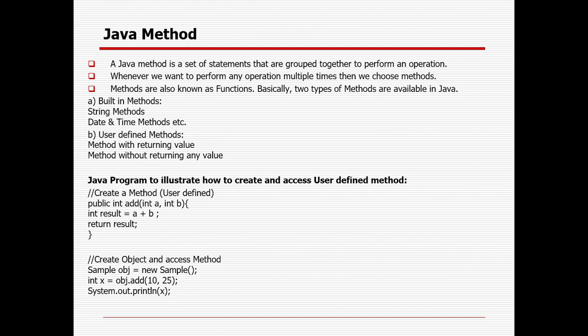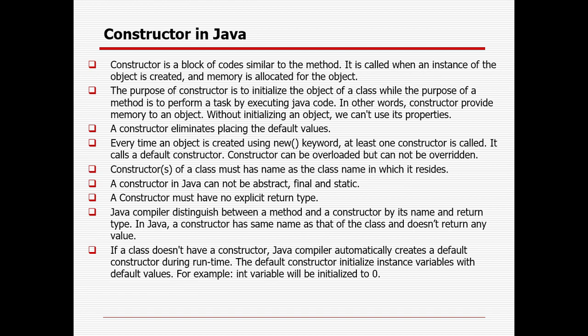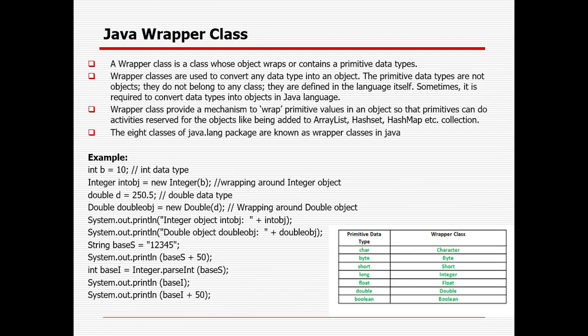Methods are used where reuse will be required. You can use built-in methods as well as create your own customized methods. A method is sometimes known as a function, and a method can be without a return value or with a return value. For constructors, a default constructor will always be there in Java. Whenever you use the new keyword and create an object, the constructor will be called. The constructor name should be the same as the class name, but a constructor should not have a return type. A wrapper class is required to wrap a primitive data type into an object, because Java sometimes deals with objects only, and if you do not convert them you cannot use them, especially in the collection framework.